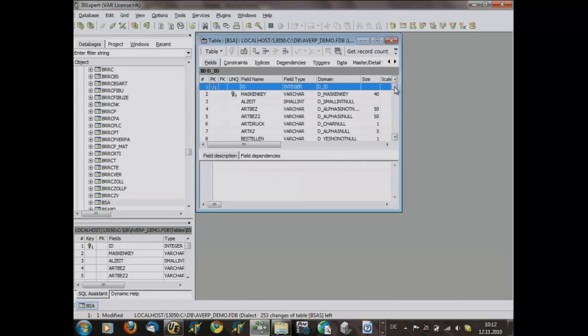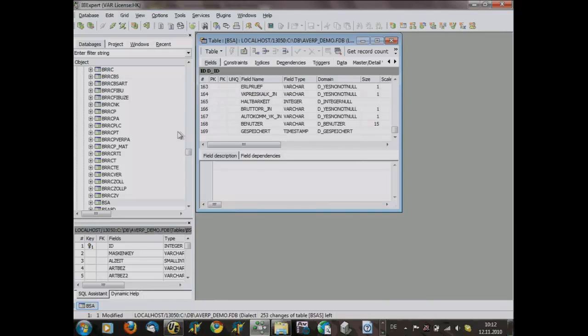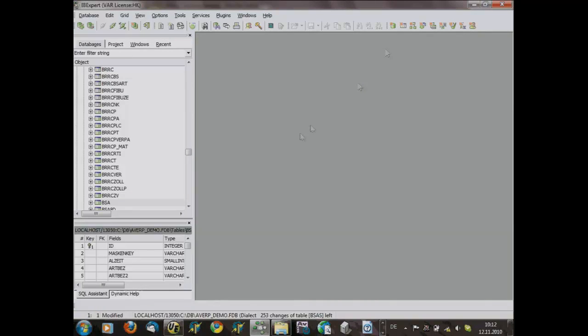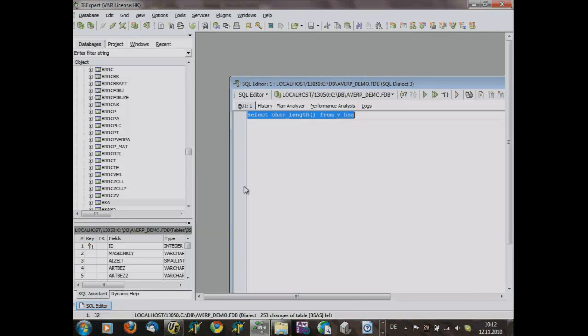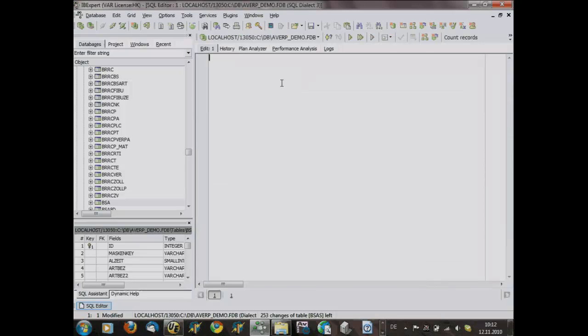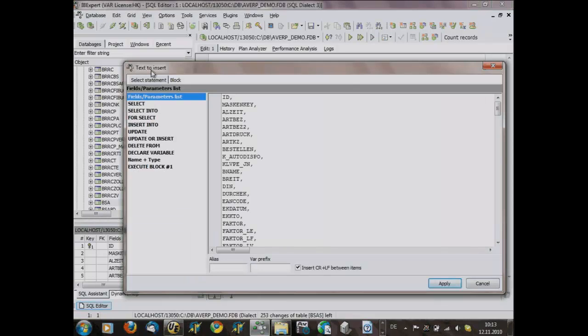For example, BSA. And BSA is a table with around 169 columns. It's not the most complex table here. But let's think about writing a SQL statement with all the columns and having all the variables for all columns automatically. Simply do a drag and drop from the database tree to the SQL editor.